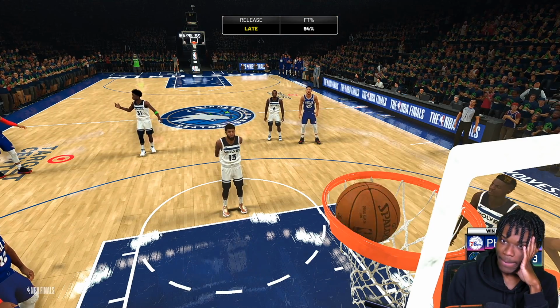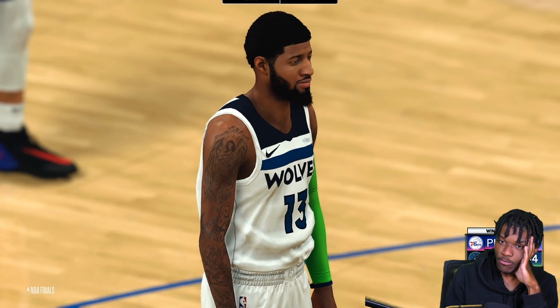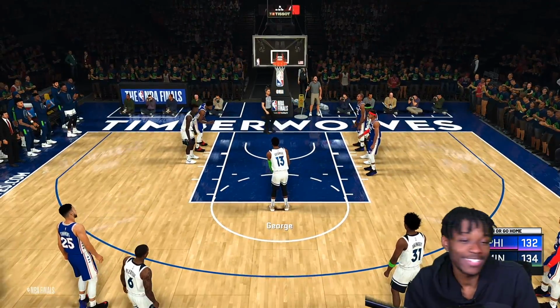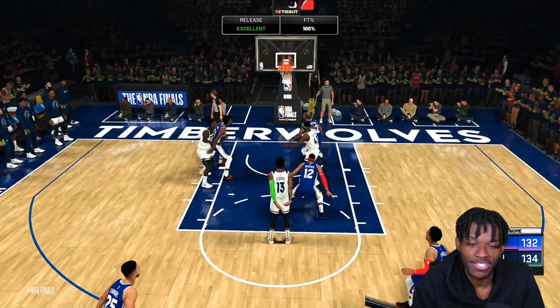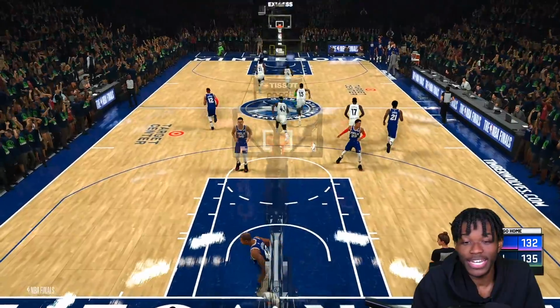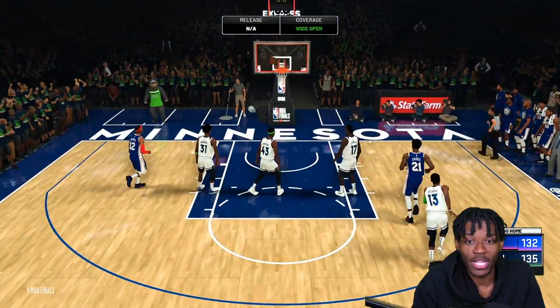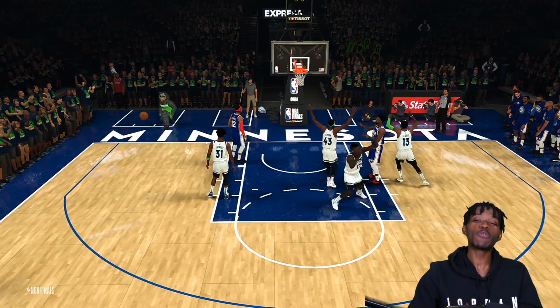If I'm Paul George, I'm making this first one, and then I'm missing the second one because that's it. You know what I'm saying? That's the end of the game. It means to me, that's the end of the video. It means that I got a championship. He makes the second. They have to quickly get it in and fire it up if they want any chance. Ben Simmons gets it. He throws it up, but it's too late. But he almost made it. And we win the championship.